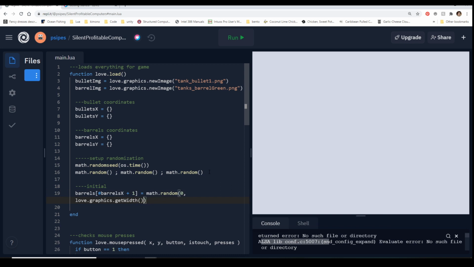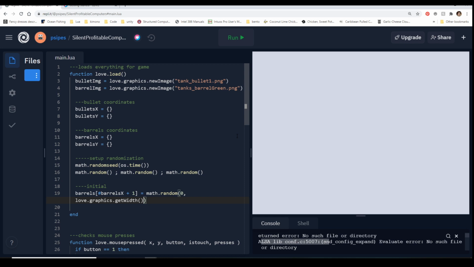But if we leave it at just that, there's a possibility that the barrel won't show at all. That's because for images in Love, the coordinate corresponds to the top left corner. So we could technically spawn something at 800, 0, and it would be off the screen, because the first pixel of the image would be at 800.